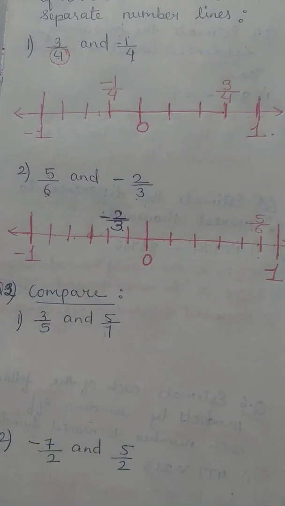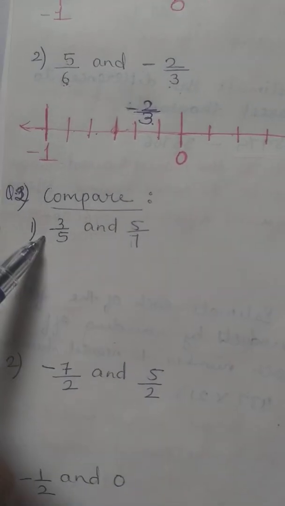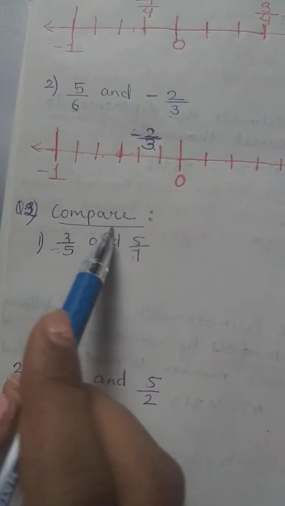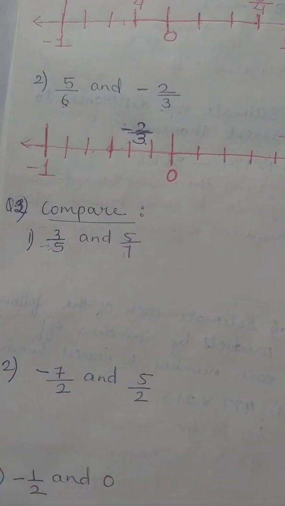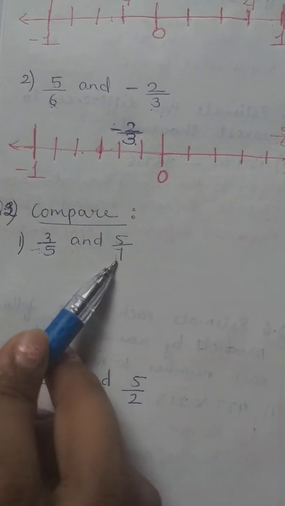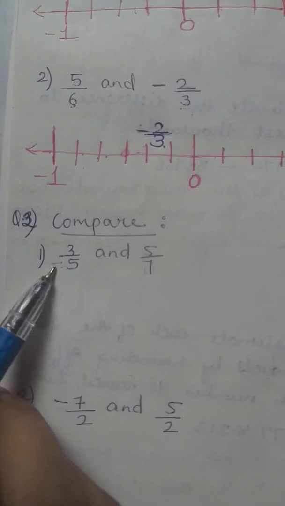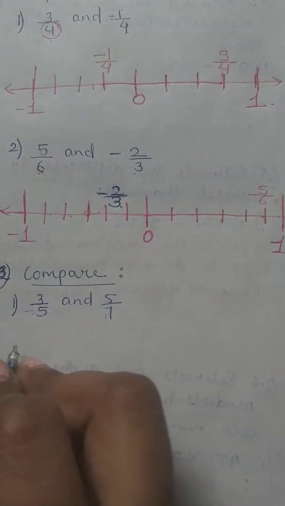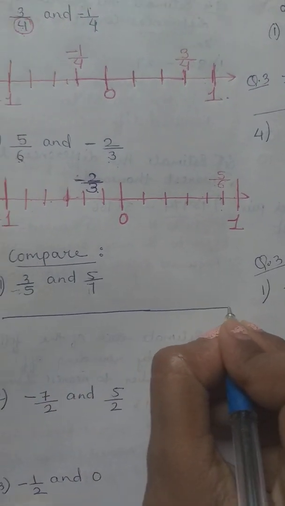Now the next question. Here, numerator smaller, denominator greater. We're going to compare, so there is no need to make a number line, but for your understanding I'll make one. Both are positive rational numbers. When the rational number is positive, we don't have to consider the negative side. The number will come on the right side of 0. I'll make the number line because it is not asked in the question.